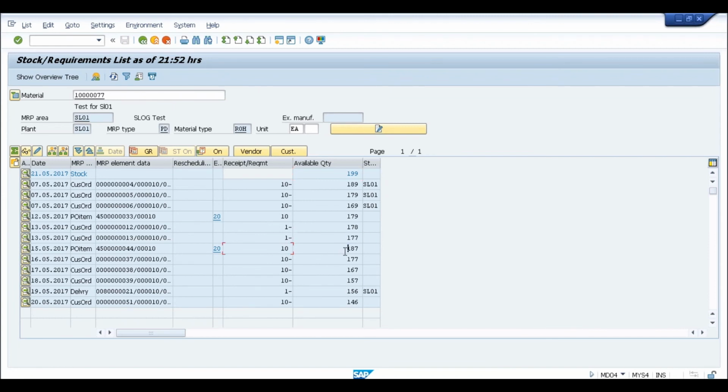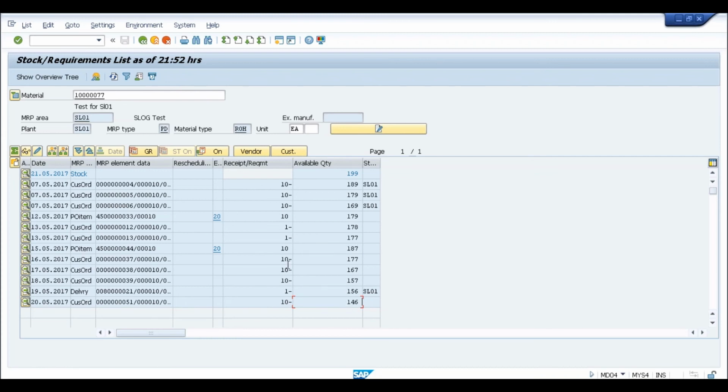So 187, again, there is some sales order. 177, you can see this is date wise. So overall, towards the end of 28th May, as of today, or maybe as of yesterday, the quantity will be available, which means it has still not created any purchase requisition because we already have the material which is above what we need.